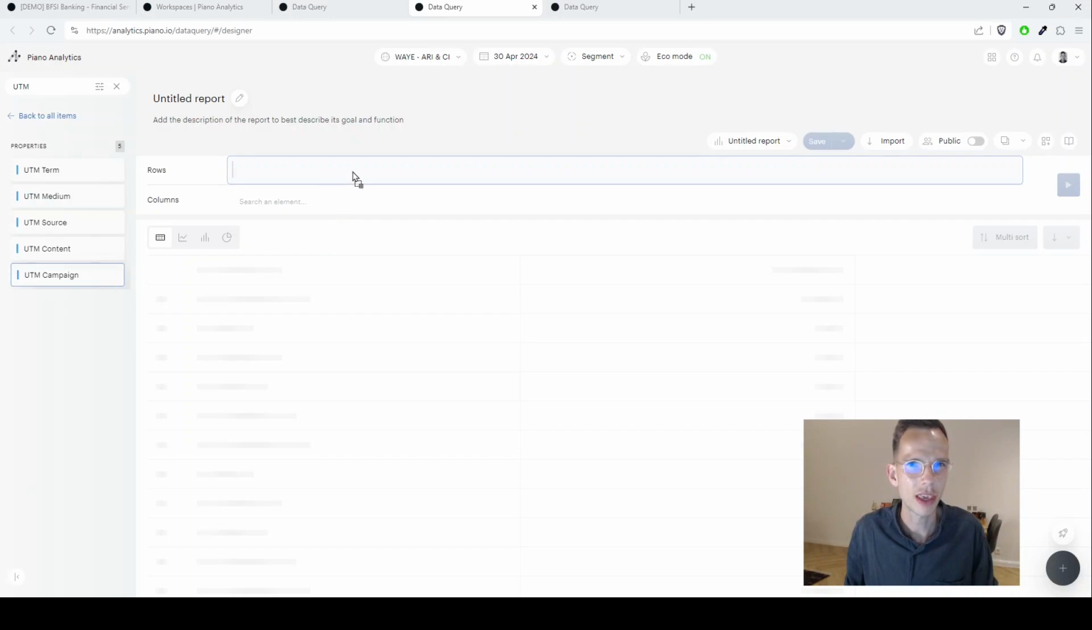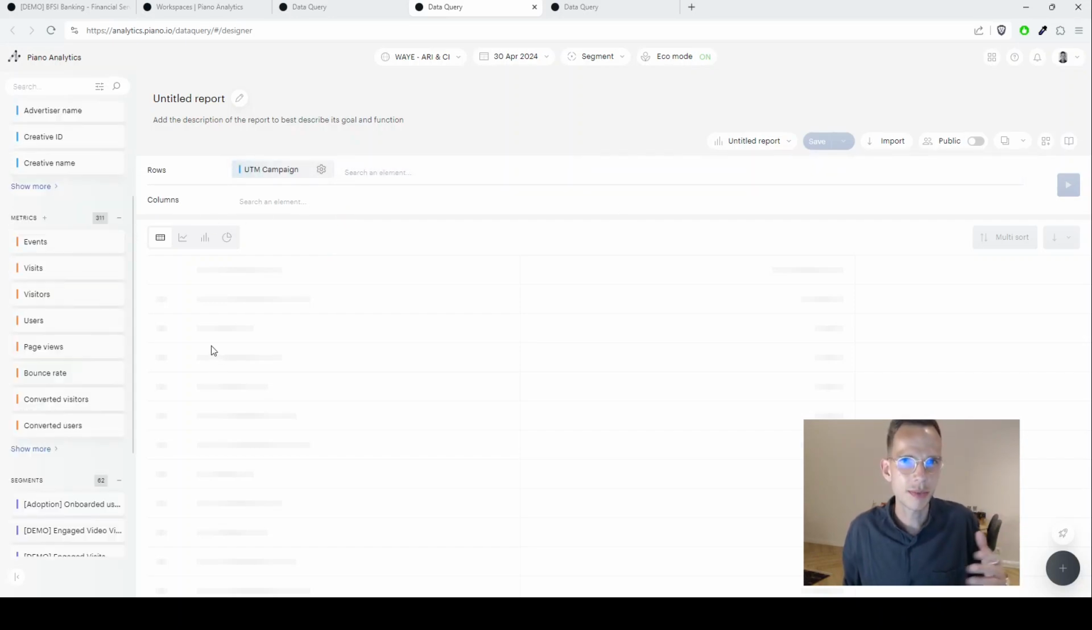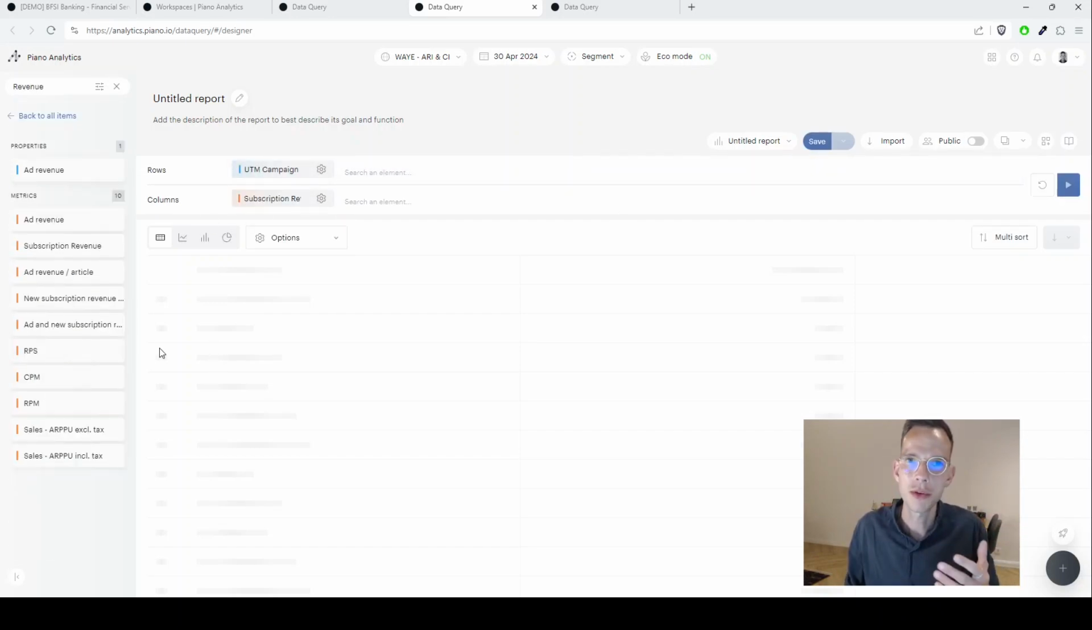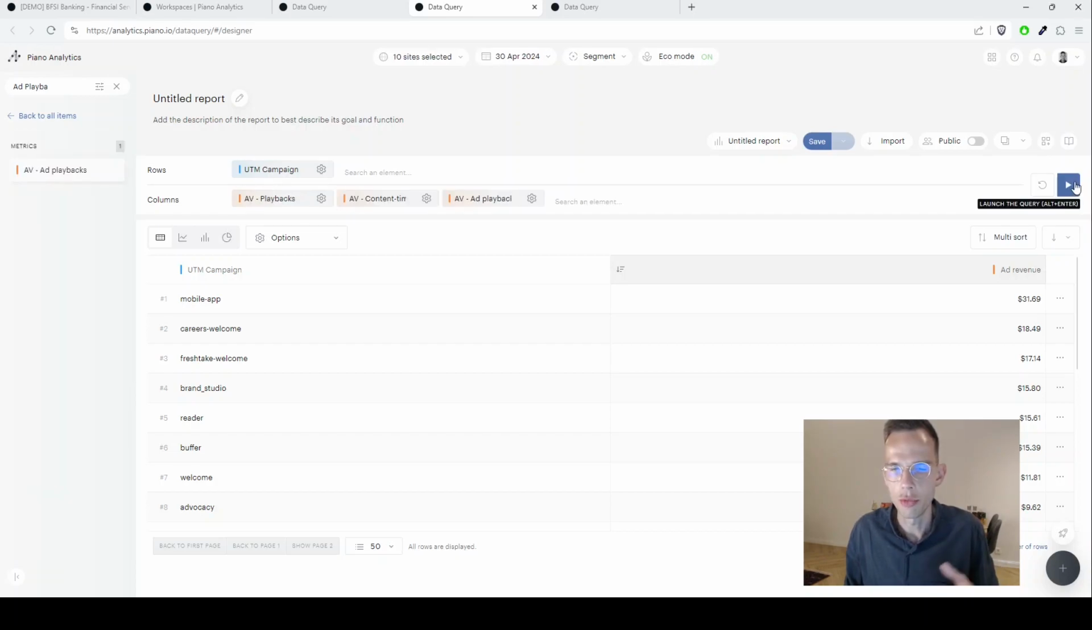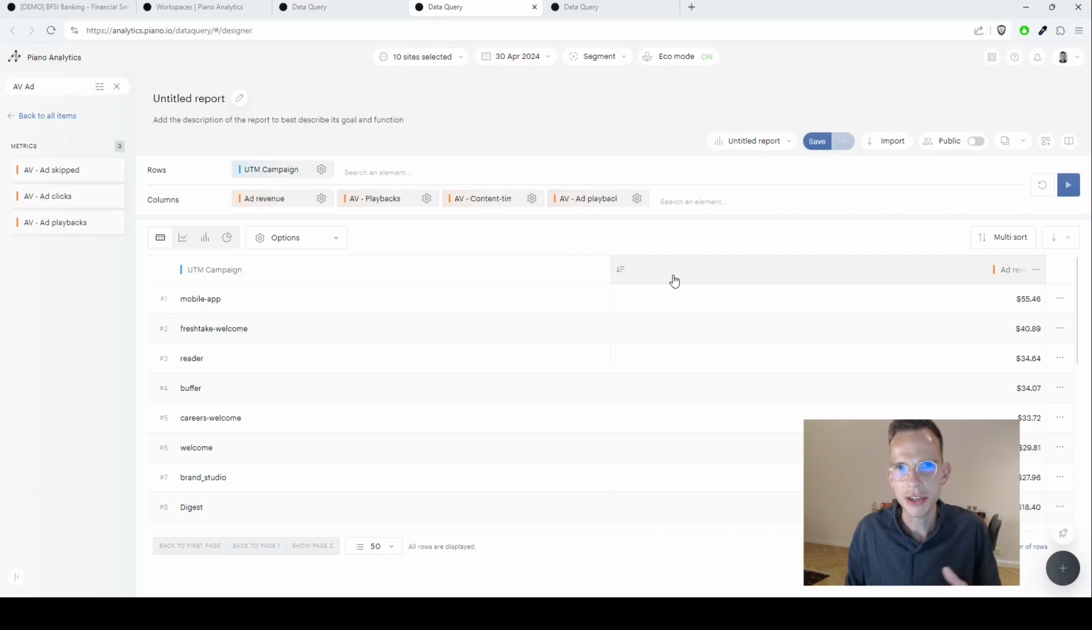Let's break it down by campaign again and pull in the success metrics for my business case. For publishers, Piano has data collection technology to capture subscription revenue and ad revenue at the impression level. For retailers, Piano's e-commerce module lets you track transactions at the carts and sales revenue. For broadcasters, the integrated multimedia tracking module yields metrics like playbacks, content time consumed, or ad playbacks for your pre-rolls